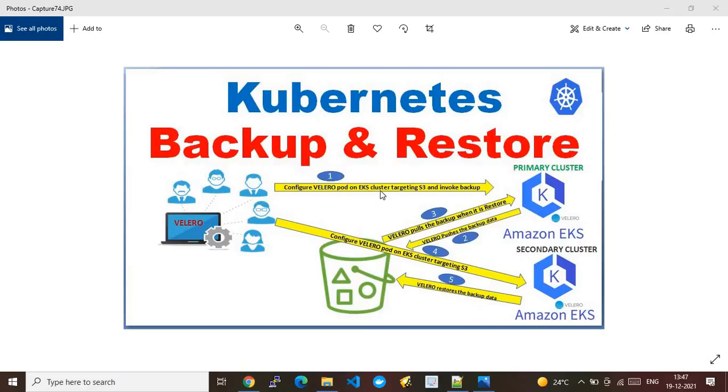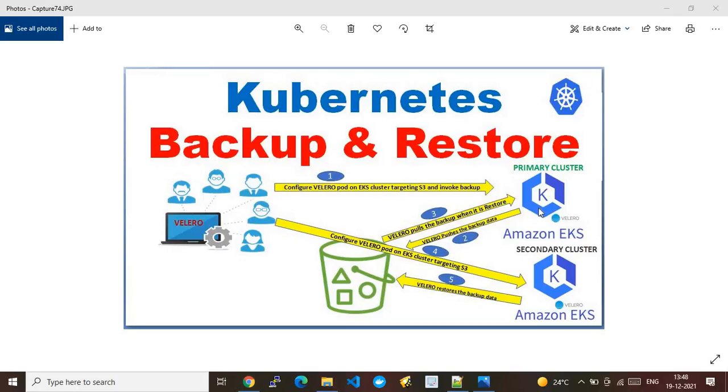Yeah, so that becomes the first step. Once the primary EKS cluster gets configured with the Velero pod, that pod itself becomes a centralized application which will manage the backup and restore tasks at the AWS EKS cluster. Now, as the next step, we invoke the Velero pod from this primary cluster to initiate a backup.